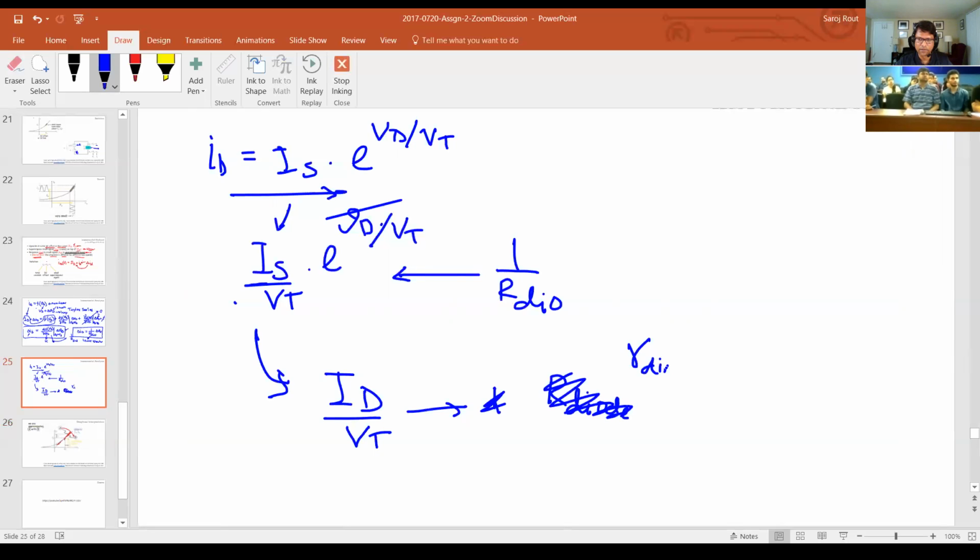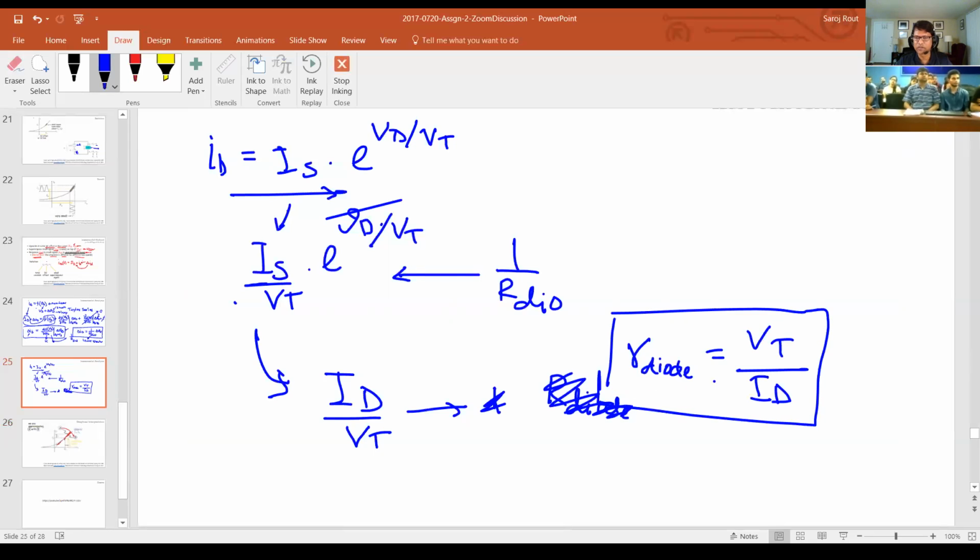So R diode is nothing but VT over the DC bias current. So if you know your signal is really small for a diode, you can just use this expression and find the small signal response. Okay, all right. I think I'll just stop the video here and then we can discuss if it is